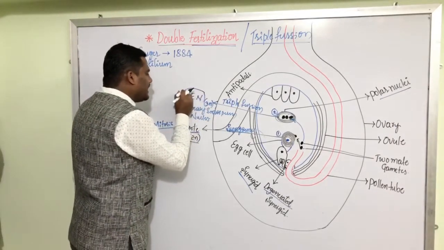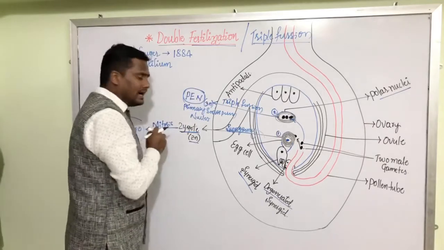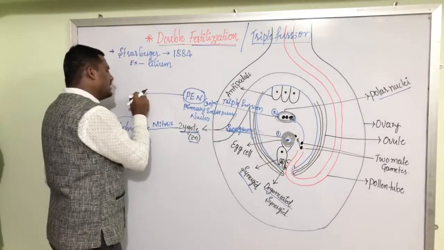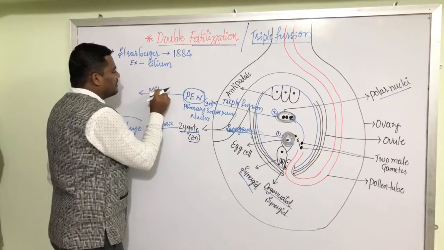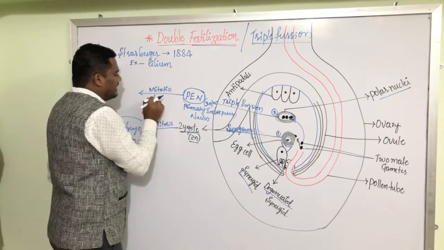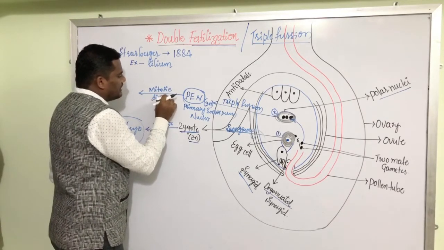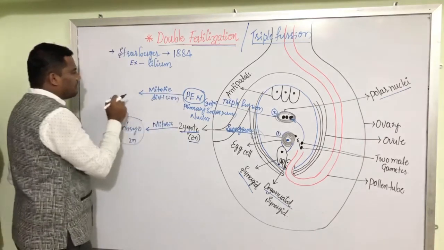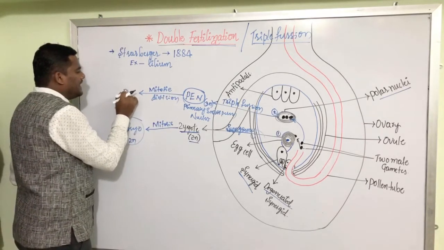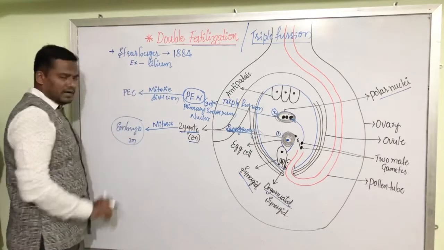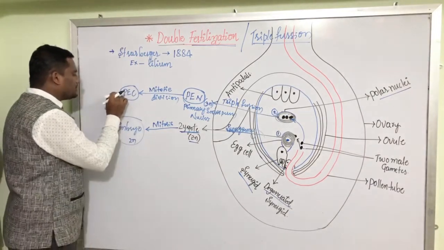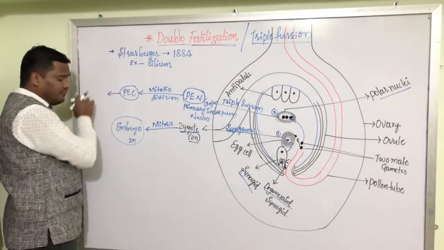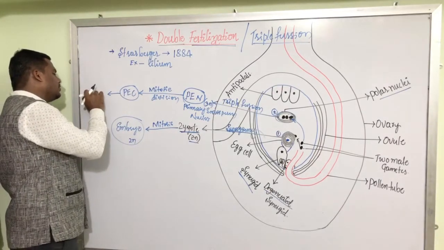Whereas this primary endosperm nucleus in future also undergoes mitotic divisions and results in the formation of the PEC, the primary endosperm cell, and this primary endosperm cell in future grows into the